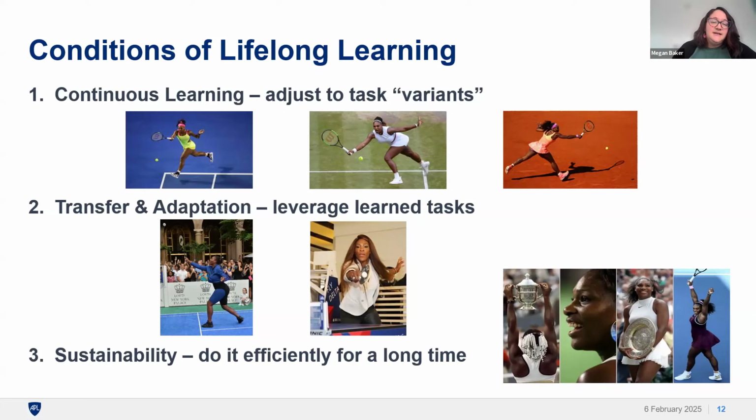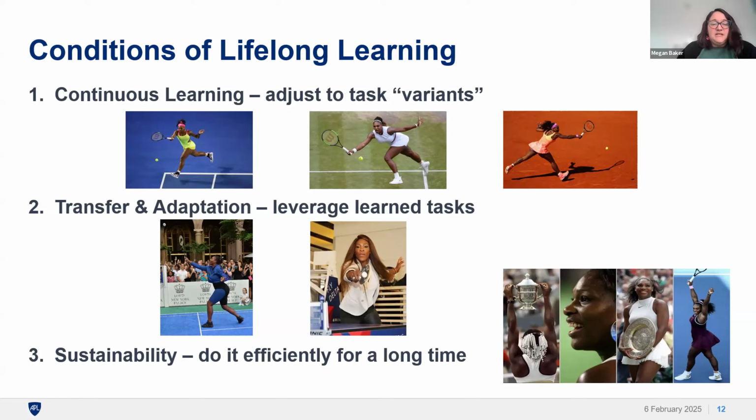And I mentioned transfer. Side note, it is very difficult to find a picture of Serena Williams doing anything other than playing tennis, so I really had to scour the internet for these. But you expect that somebody who's very good at tennis is also going to excel at badminton. And you would hope that you would also potentially get improvement in tennis based on playing badminton, because we have hypotheses that suggest there might be some overlap in the skills required to do both.